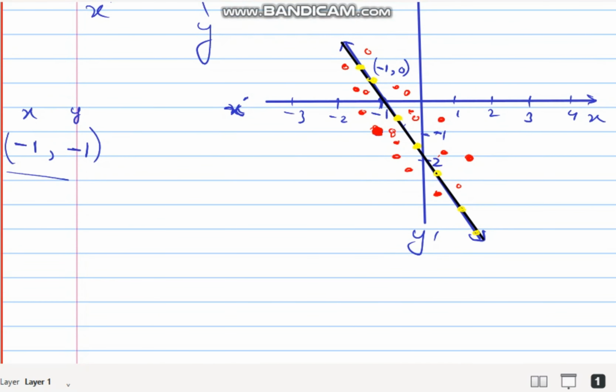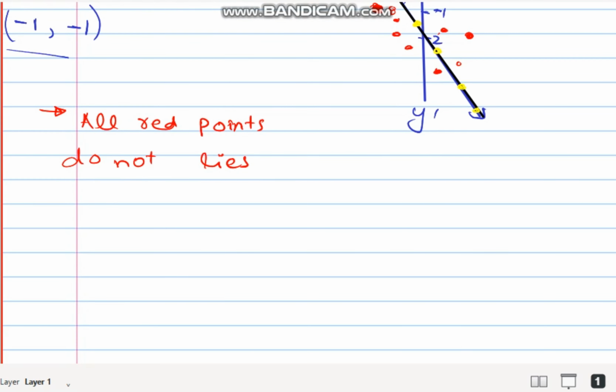All red points do not lie on the line. Okay, now let me take the yellow pen and I will write that all the yellow points,